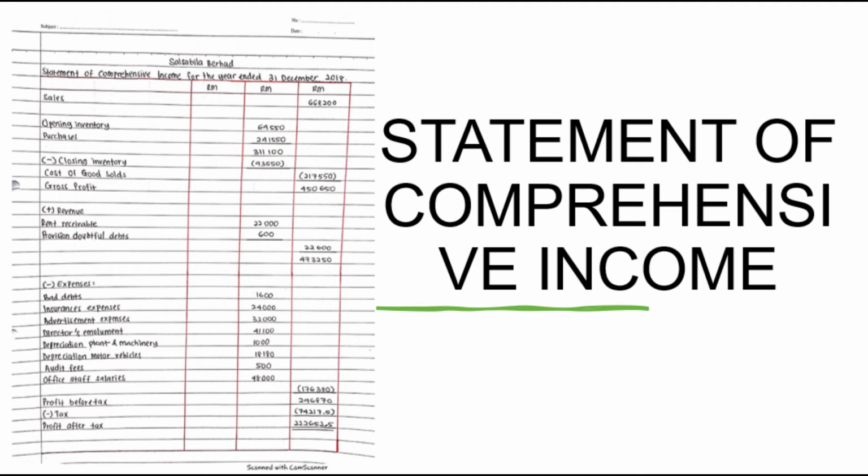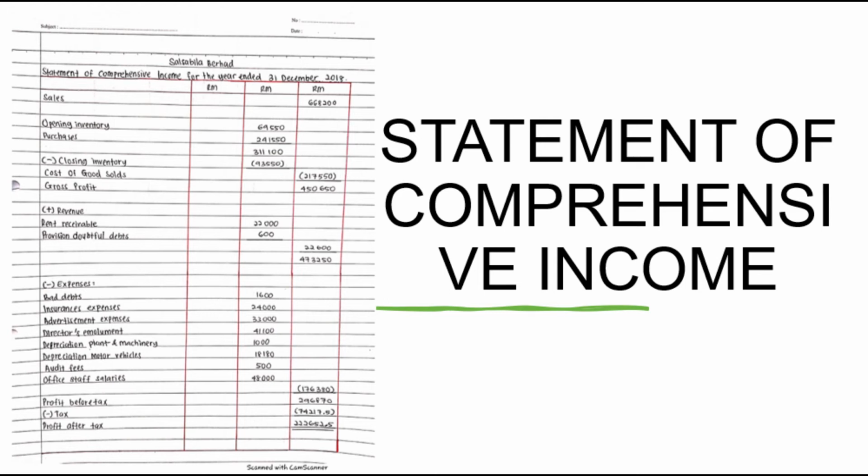After subtracting, we will get the total cost of goods sold, which is 270,550. To get the total of gross profit, we have to take the total sale minus the total cost of goods sold and get a total of